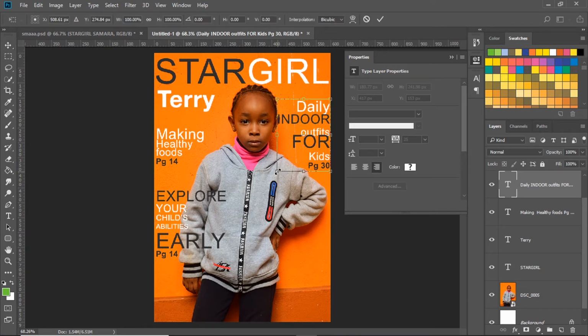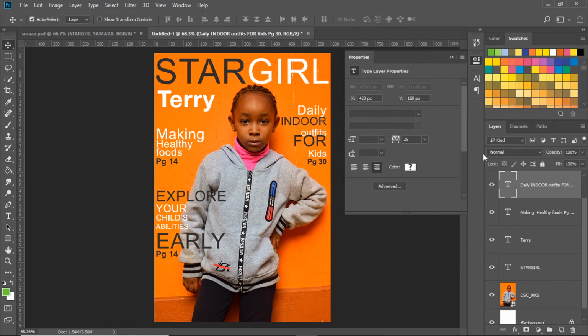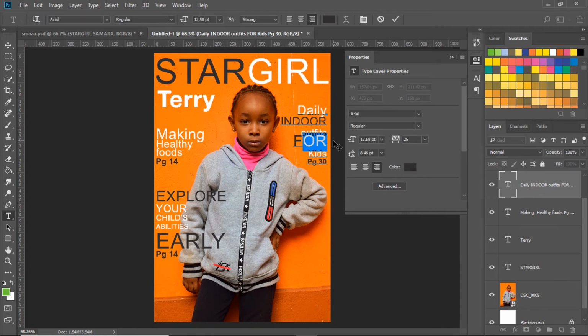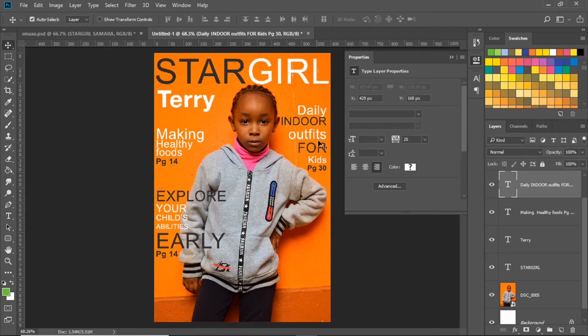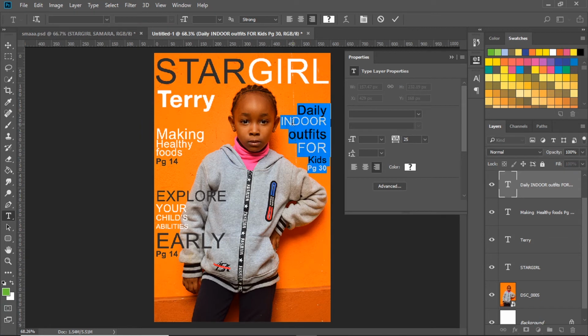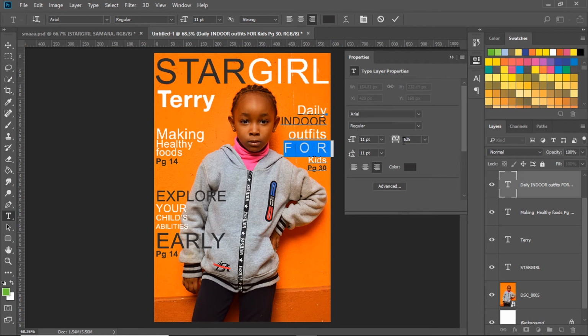Then I'm gonna use Control T so that I can manipulate these however I want, and I need the space between outfits and the word for. So let's work on this because of enlarging this font. And the word for, I'm gonna make it similar to indoor in terms of the spacing, so I'm gonna work on the letter spacing so that it can use an equal amount,